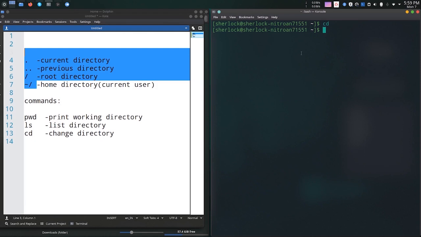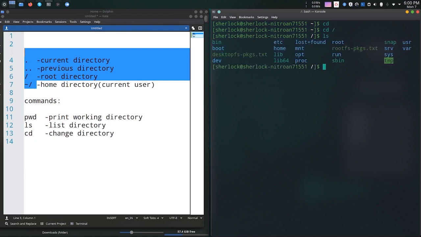Also remember that if you want to quickly navigate to the home directory of the current user, you can just type cd from any location of your file system and get back to the home instantly. Let me show you how. Let me change my current working directory to root, and let me show you. I'll get into some other folder like cd etc. I am in the etc folder. I want to get back to the home folder. Then what I do, I simply type cd and hit enter. I am back to the home directory. In this way you can quickly get back to the home directory without typing any path.